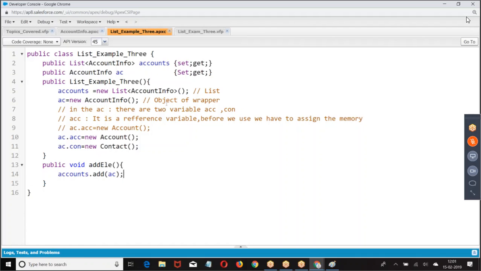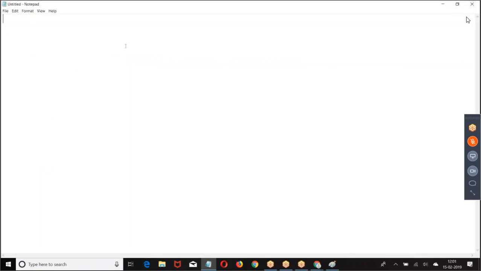No? Let us do one thing. Let us try this example from your end. Create a wrapper class, account info, with one contact, one account, and one Boolean value.